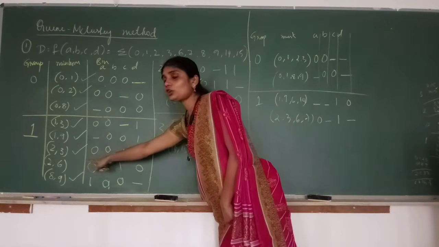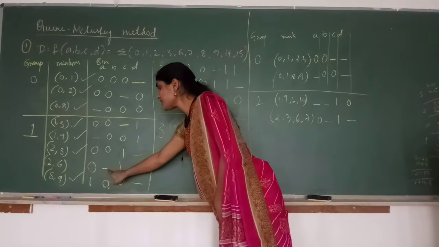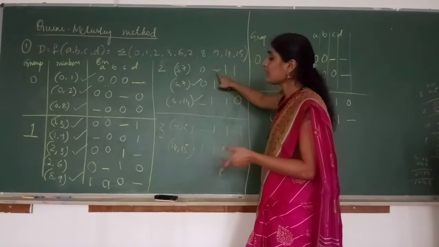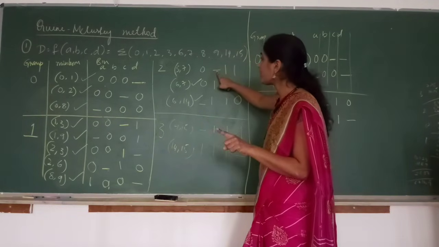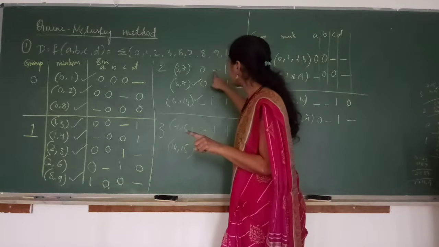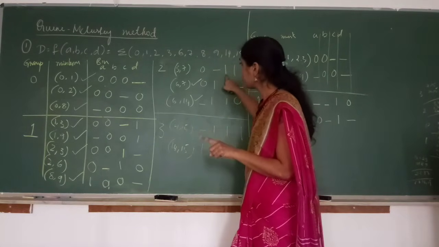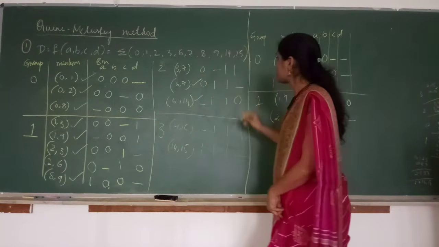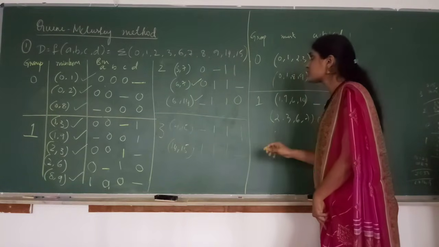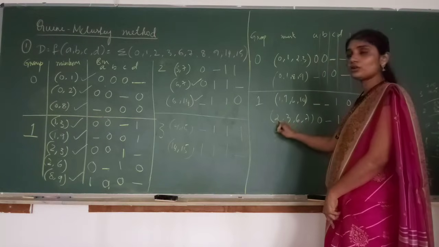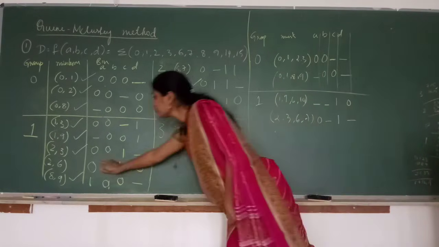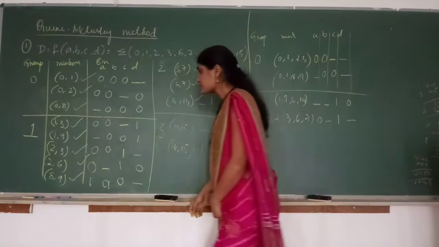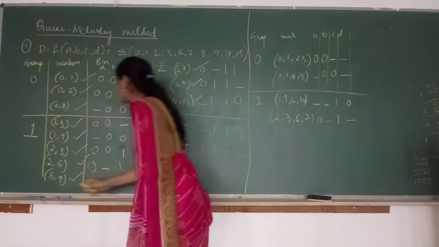Now start comparing 2 and 6. Dash is for the B variable. Just check. Yeah, dash is for the B variable. The other condition is what? There should be only one variable difference. So 0 dash. Here we have 1, 1. So 0 dash 1. The D variable is different. So I can compare 2, 6 with 3, 7. It is already done. 2, 6 with 3, 7. Let us not write it again, but let us tick it. Tick. Okay. So 2, 6 is done.